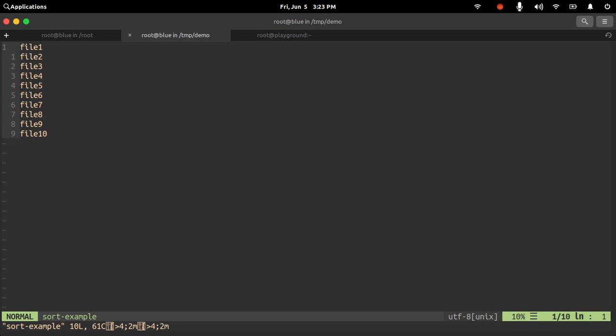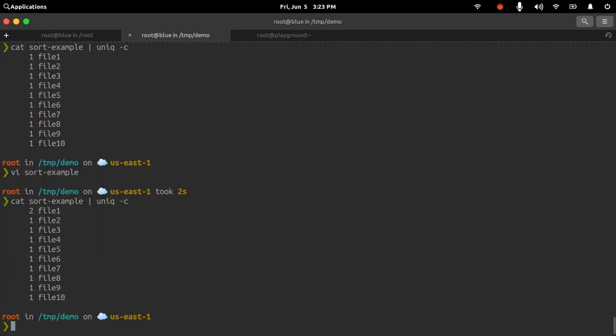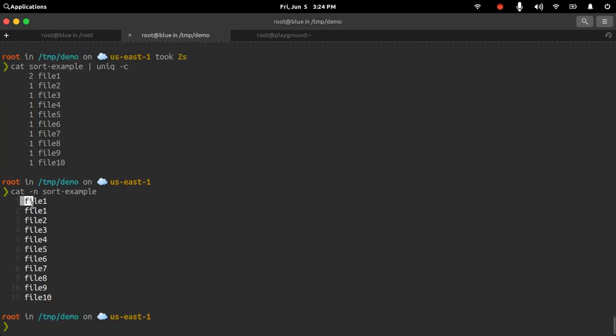So if I go and print file 1 again, and I concatenate the content of the file again and do a uniq again, you would see file 1 is present twice in the file. So uniq is another good filter to check if you have any duplicate entries in your file. Okay, so if you have to inspect the file, you basically use these filters. I have the file 1 entry present twice in my file. That's why I am getting 2 in front of file 1. So I am counting the number of entries present in the file.